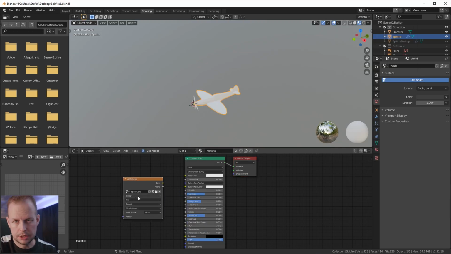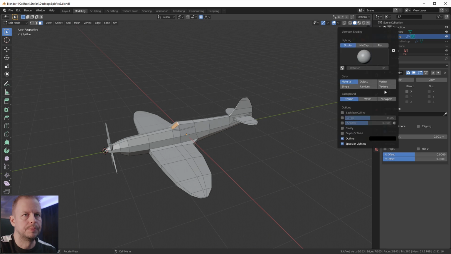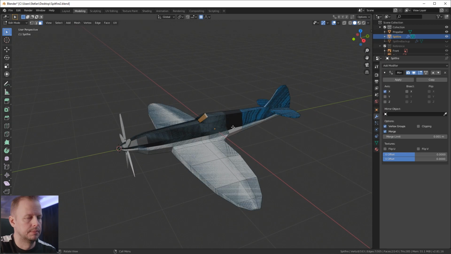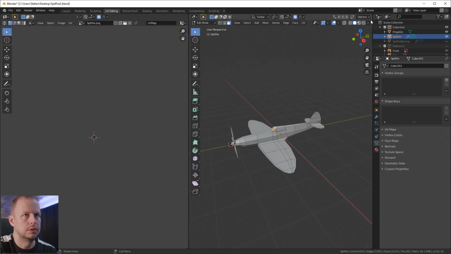An important thing here is to change it from linear to closest, otherwise you'll get artifacts and blurry colors. So we got the base color there. It's going to look hideous. First we need to switch this one to texture. As you can see, it looks hideous, and that's because we need to go to UV editing, also enable the